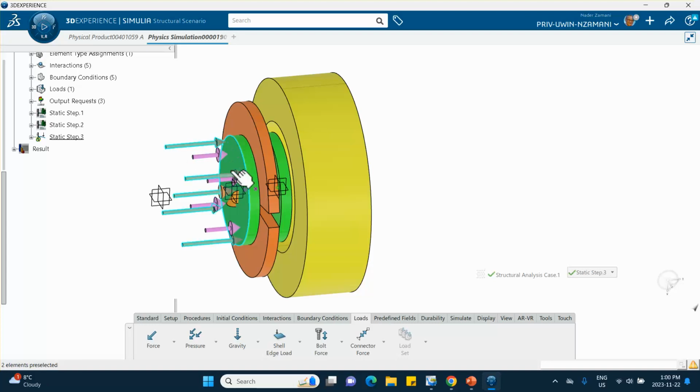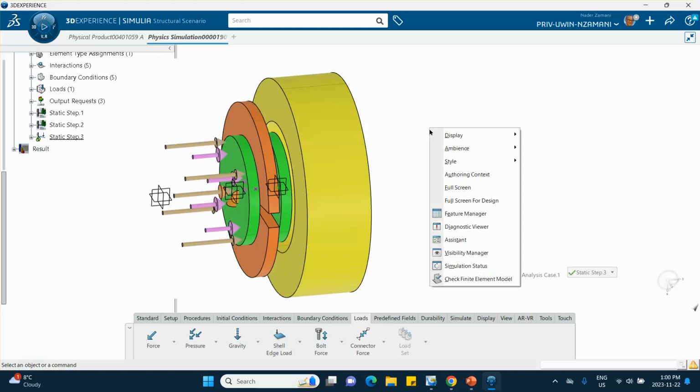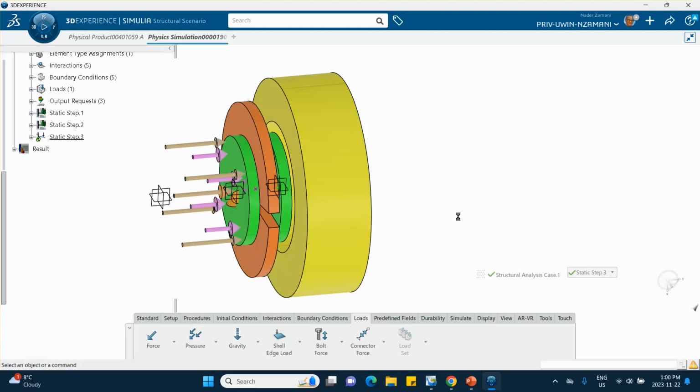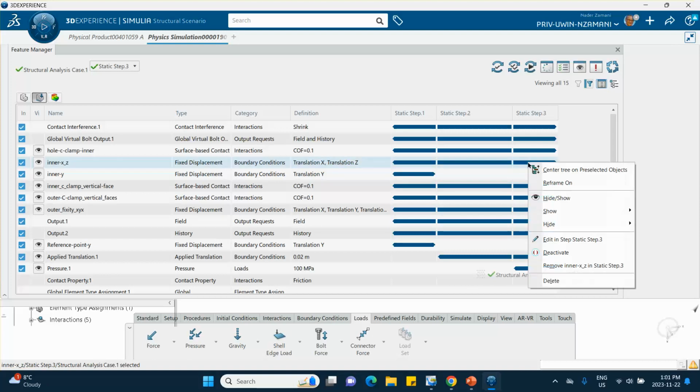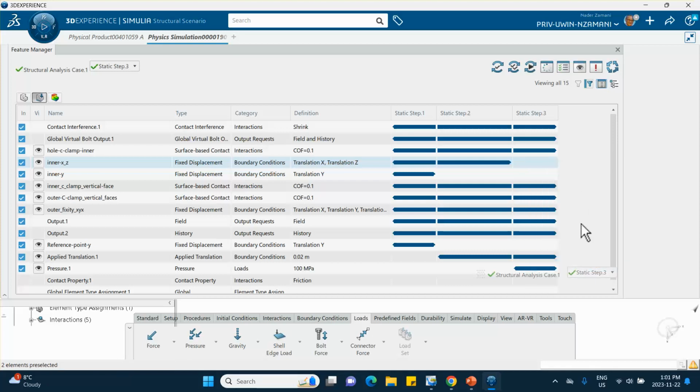We have the fixity here in X and Z should go. So right click, feature manager. We are dealing with step three. That fixity, inner XZ was fixed, remember that? It should not be there because we are applying a pressure on it. There's no reason why it should not move in the X and Z direction. So remove it in step three, and the